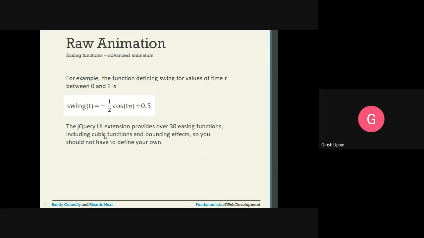The jQuery UI extension provides over 30 easing functions, including cubic functions and bouncing effects. So you should not have to define your own. There is a good library of jQuery UI extensions that can be used as easing functions, so you need not have your own implementation of any kind of transitions.